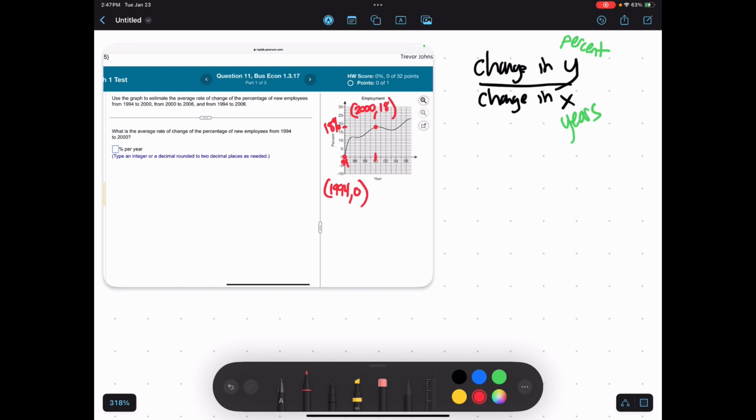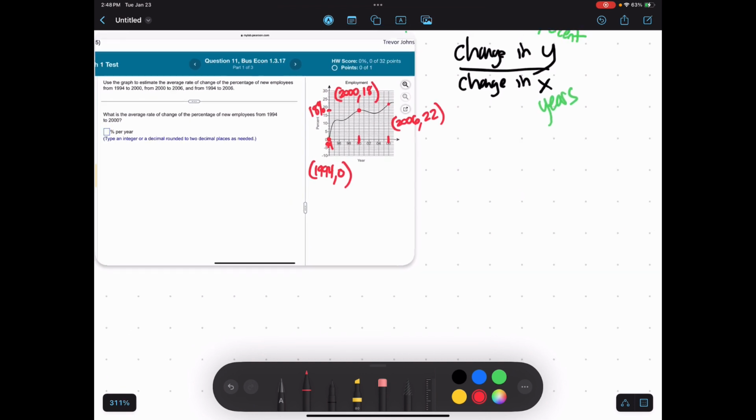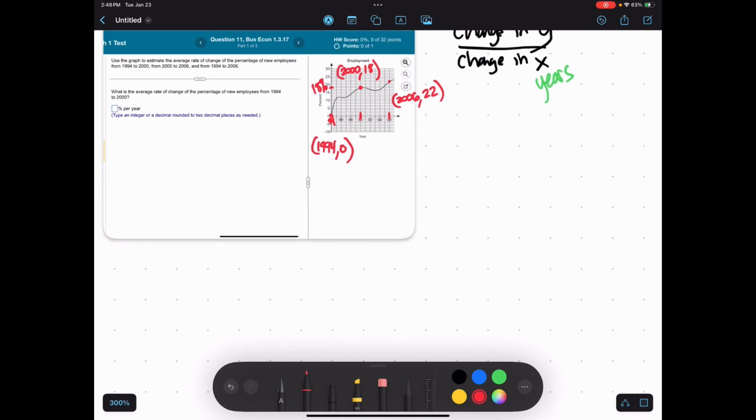Last but not least, I also need to know 2006. I'll follow that one, and I get this point right here. Follow that line over, and I think you get about 22. So my last coordinate point is 2006 and 22%. Hey, that's kind of the hardest part of this problem, is just making sure we get those coordinate points. Because now once we have those coordinate points, let's go ahead and look at